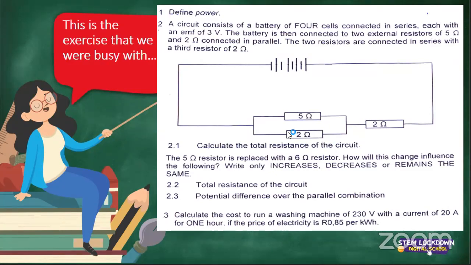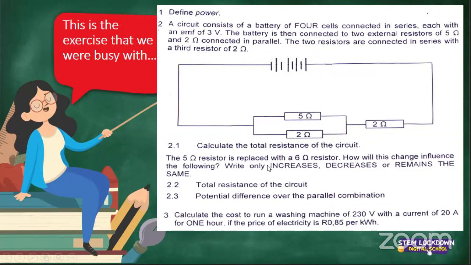That is these 2 resistors here. And then the 2 resistors are connected in series with the resistor of 2 ohm, which is this one over here. Now, the first question was to calculate the total resistance of the circuit, and then